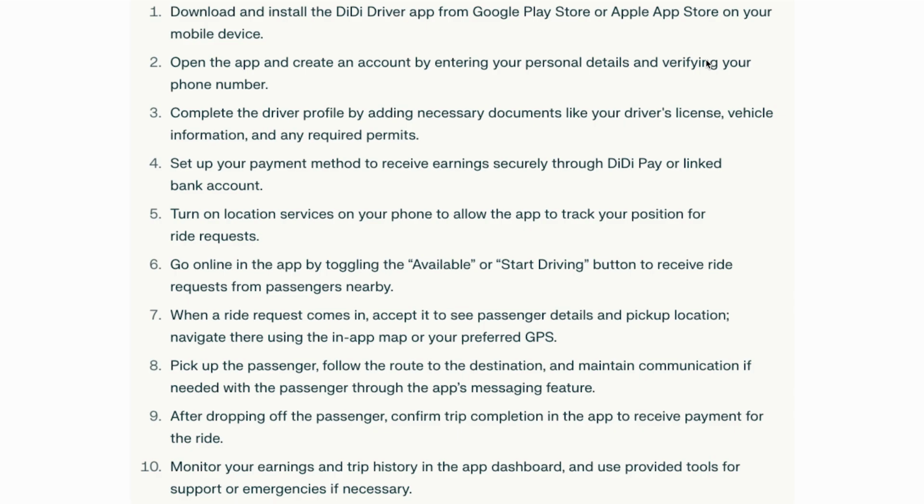When a ride request comes in, accept it to see passenger details and pickup location. Navigate there using the in-app map or your preferred GPS. Pick up the passenger, follow the route to the destination, and maintain communication if needed with the passenger through the app's messaging feature. After dropping off the passenger, confirm the trip completion in the app to receive payment for the